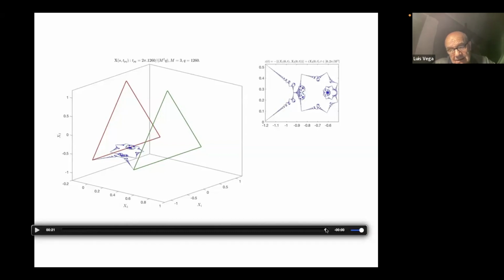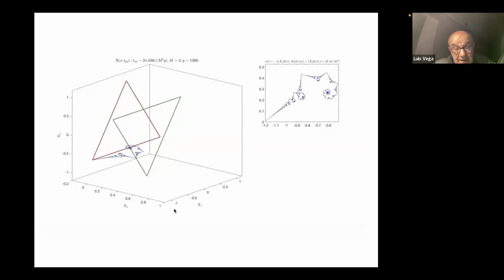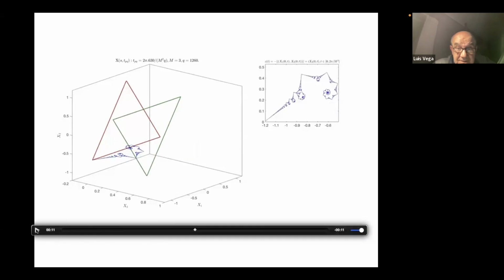In any case, it's periodic. It's amazing, but it is periodic. And if you go to the middle of the period, this is what you obtain, which is very reminiscent of the second video I showed you. And of course, if you let it move a little bit, you immediately see the horseshoe structure I showed before and the self-similar solution.